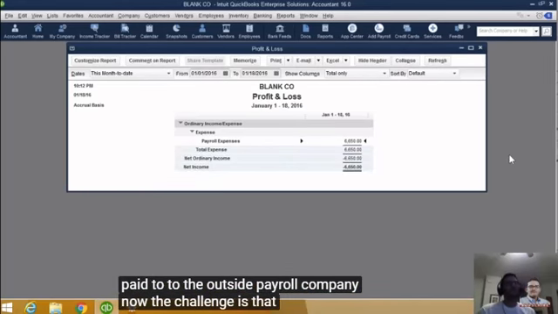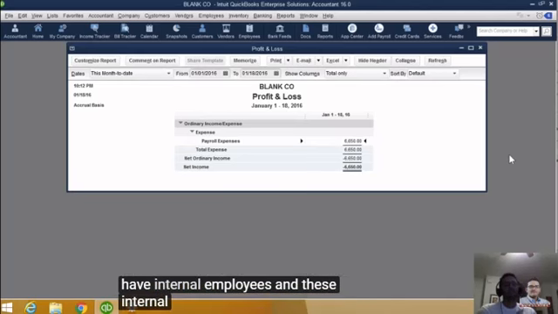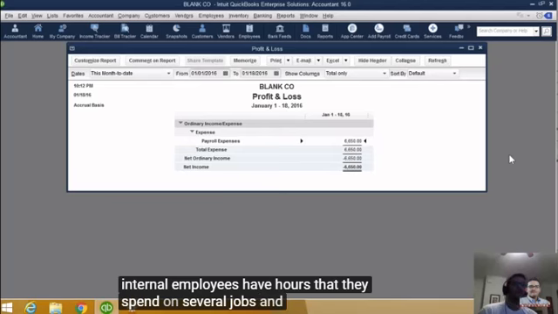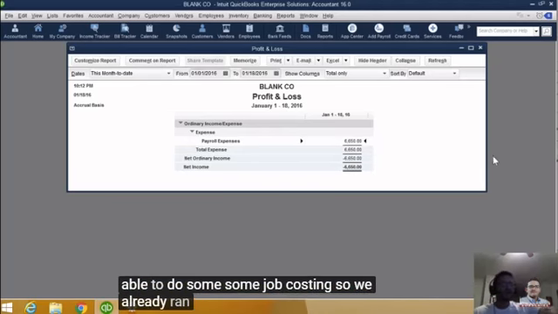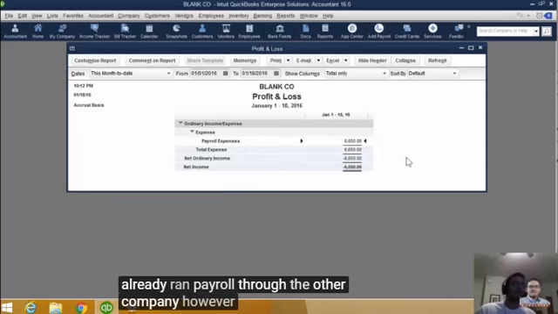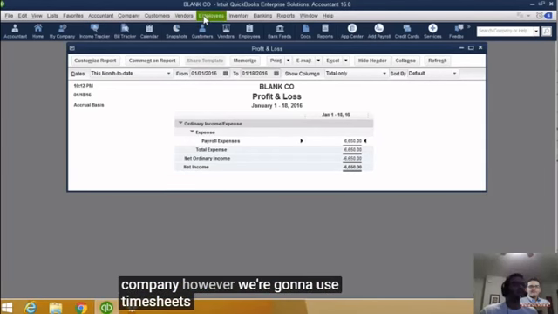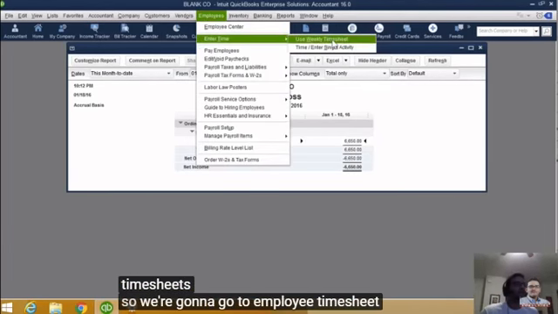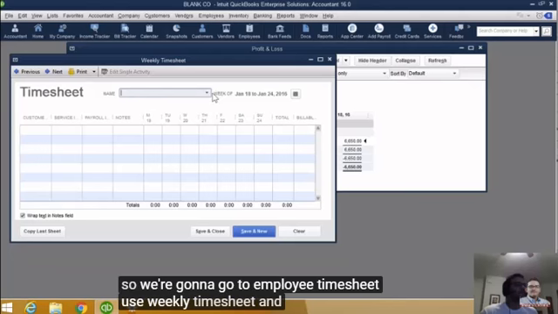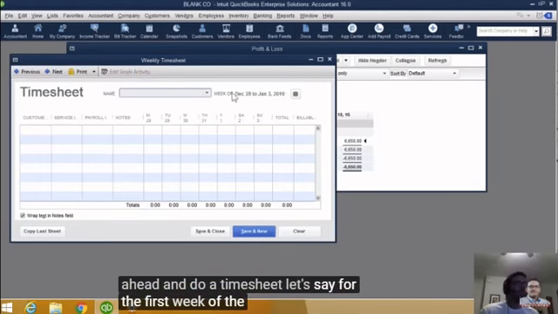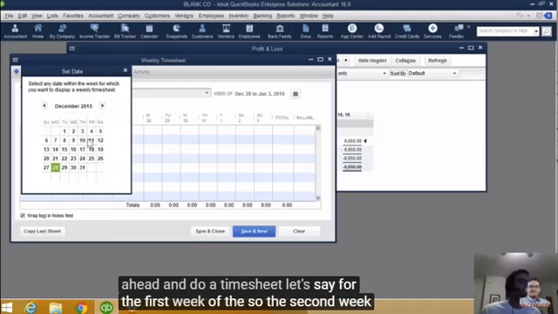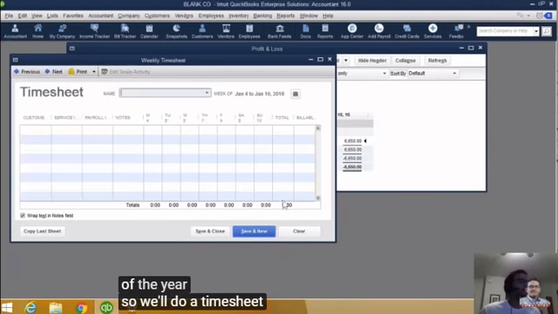Now, the challenge is that we actually have internal employees, and these internal employees have hours that they spend on several jobs, and we want to be able to do some job costing. So we already ran payroll through the other company. However, we're going to use timesheets. So we're going to go to employee, timesheet, use weekly timesheet, and then we'll do a timesheet, let's say for the second week of the year. So we'll do a timesheet that closes on the 8th,